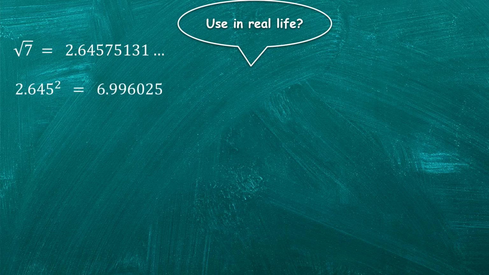Now, what is the use in real life? Friends, as we all know, these numbers are unsolvable. If you calculate root of 7, it goes on increasing after the decimal point, right? Now if you round it off and take its square, you will get something like 6.99. But if you calculate the square of root 7, you will get the result in a very correct manner, that is 7. So surds are very useful where precise and accurate results are necessary.